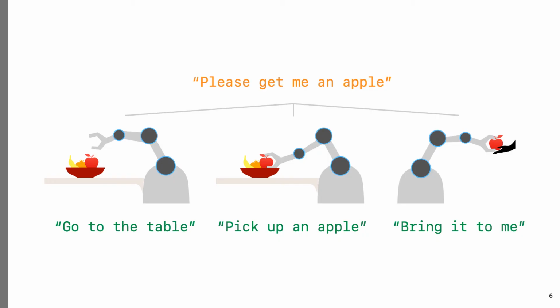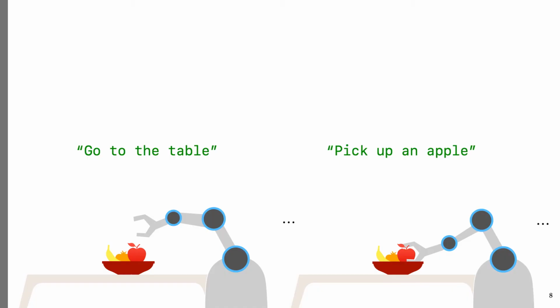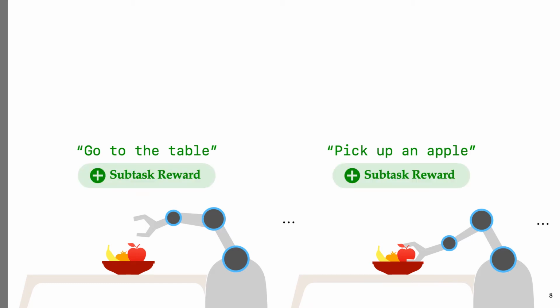But if we notice what's actually involved in solving a high-level instruction, we can naturally break down the problem into low-level instructions. And if we frame these instructions as getting us closer and closer to solving the high-level task, we can then densify the rewards and provide more signal for learning. Concretely, this work asks the question of whether we can use the principle of abstraction in language to guide exploration. We frame our problem as reward shaping, where an agent receives intermediate rewards for relevant behaviors like those shown here.